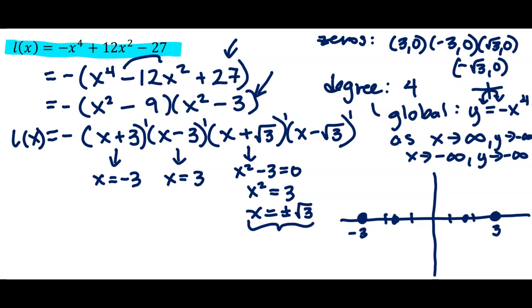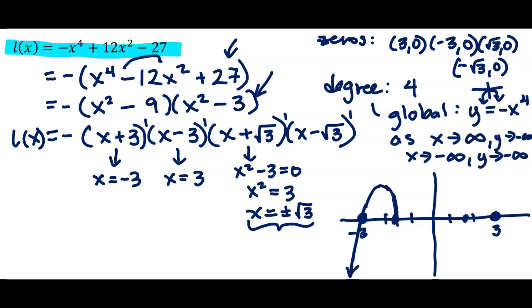And then I know based on my global behavior that I should start from -infinity. The first piece of local behavior is an x-intercept, and since there's no power on that factor, I'll just cross straight through. What that means really is that if you plug in a number just smaller than -3, you get a negative answer. Just bigger than -3, you get a positive answer. There's no power to make that do anything weird. If the factor is squared, it actually won't change signs there. So we head up a